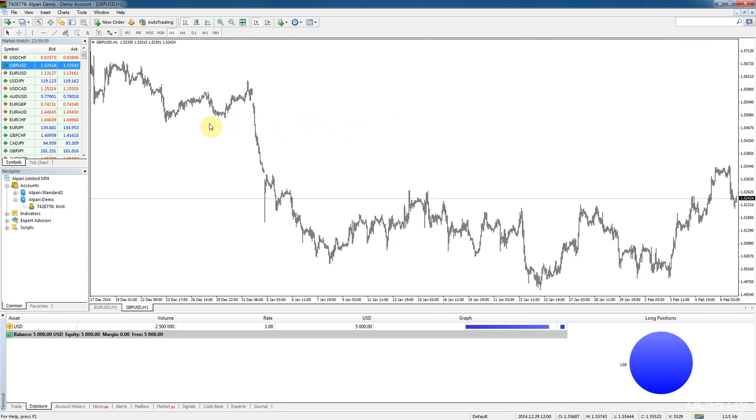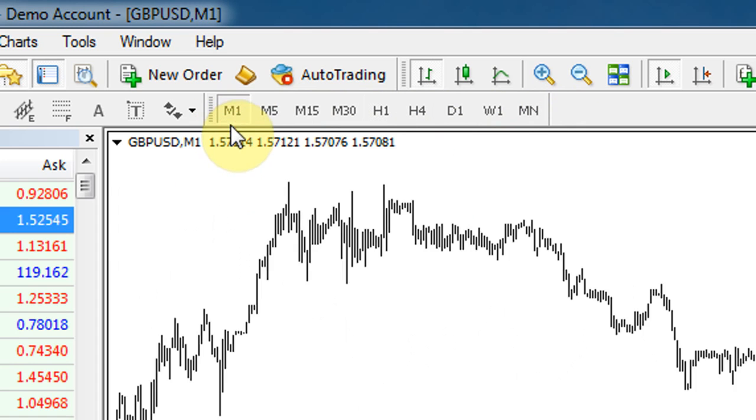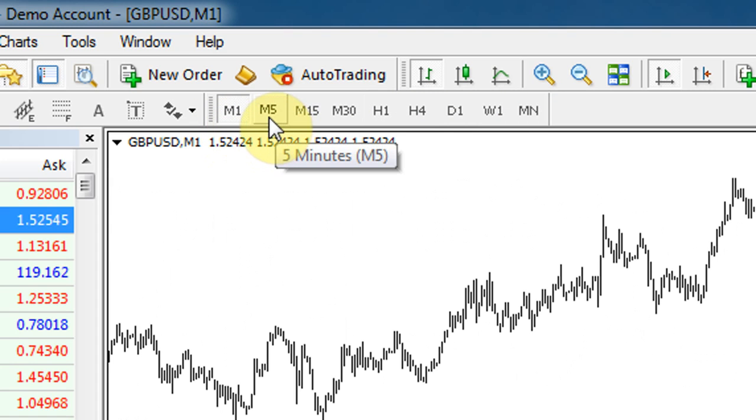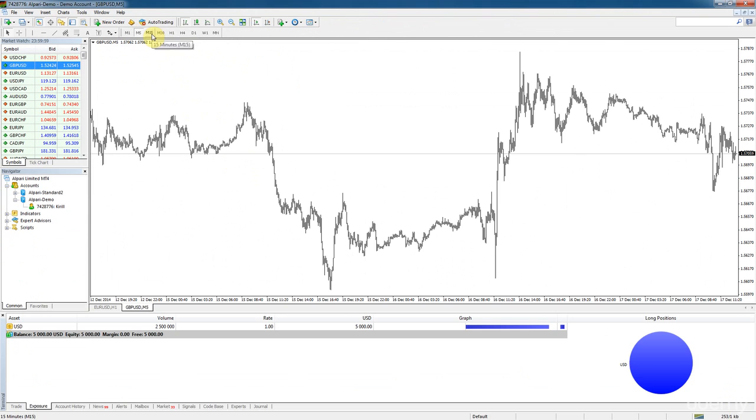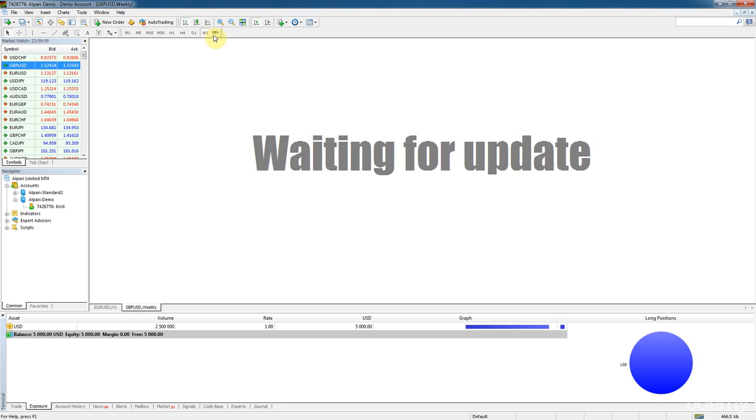So that's good. By default, as you can see, the chart that was open is the British pound dollar 1 hourly time frame chart. So how do we change the time frame of the chart? Well, this panel over here. It tells you which time frame of the chart you have opened, and you can change the time frame by simply clicking. And as you can see, as I click, the chart changes and adjusts to the right time frame. Sometimes data has to be loaded, and you'll get this warning message. All right, while that's loading, let's have a look at